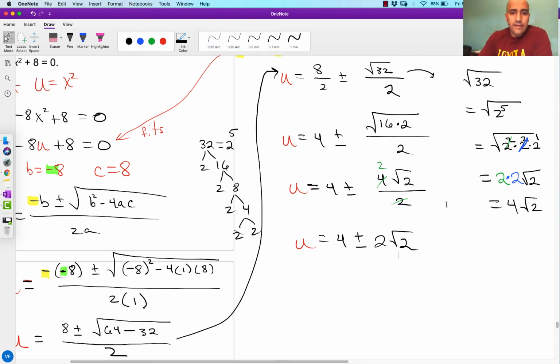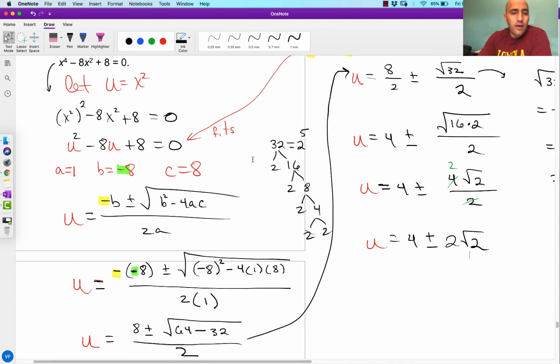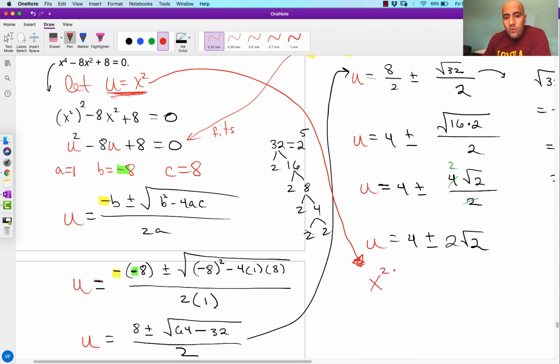And we're almost done, except that the original question was not about u. The original question was about x to the 4th power minus all that. I'm the one that did this substitution, so we can't be done yet. We're going to have to come back and replace this here as well. So I'm going to bring this over and substitute it right in there. Remembering that u was actually defined to be this, that's how I did all of this, I end up with x squared is equal to 4 plus or minus 2 root 2. And so now when I solve for x, I'll end up with x equals